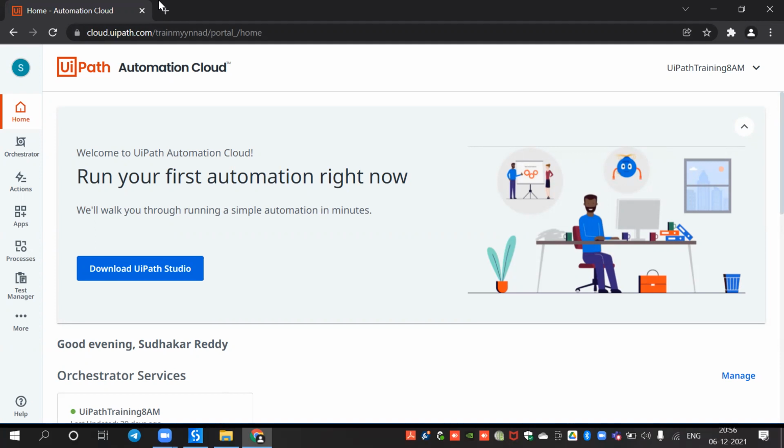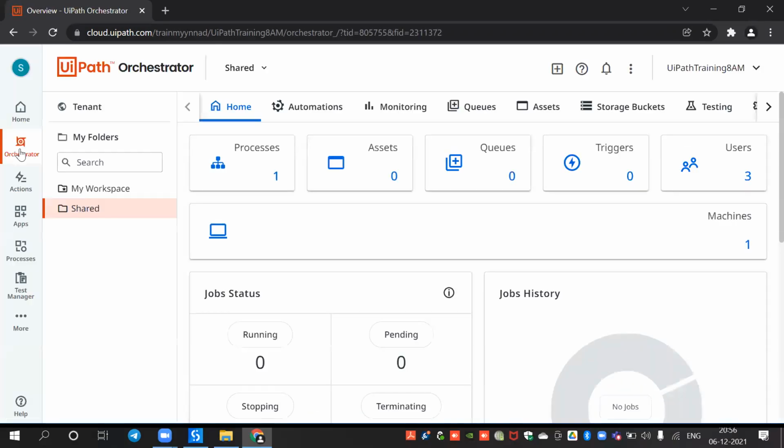Okay, so this is cloud orchestrator. The first thing you have to do is click on this orchestrator. I hope we have seen this, right? By creating, how to provision a robot. Provision is nothing but how to create a